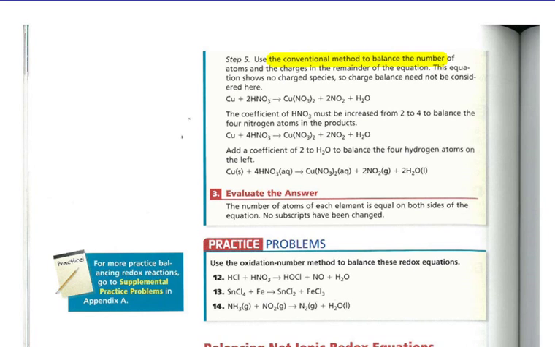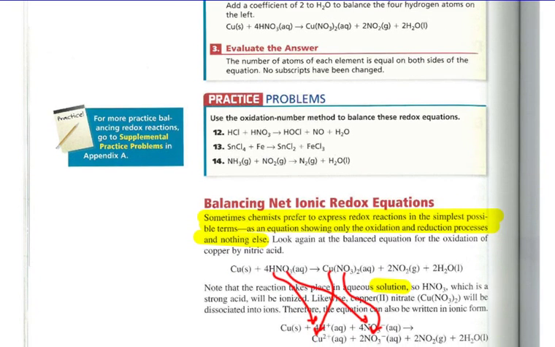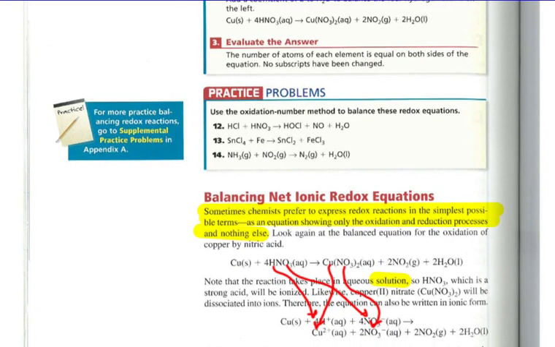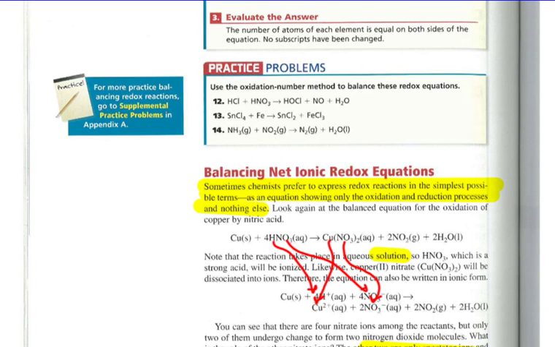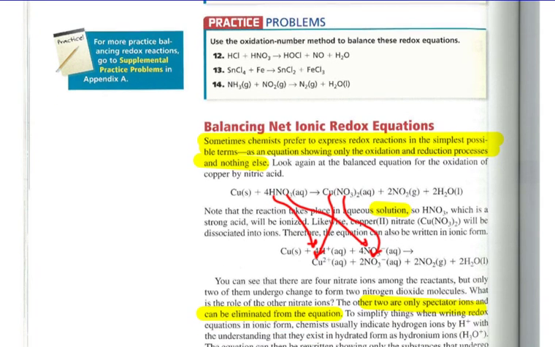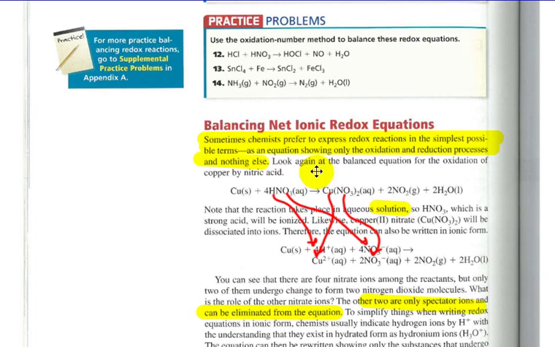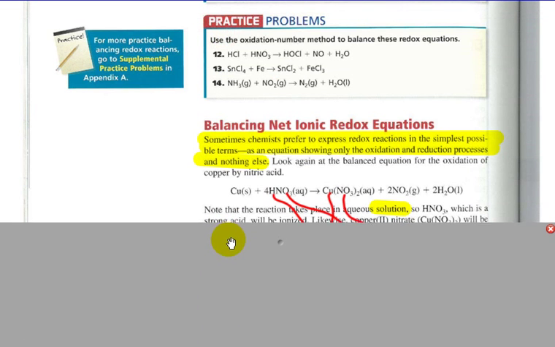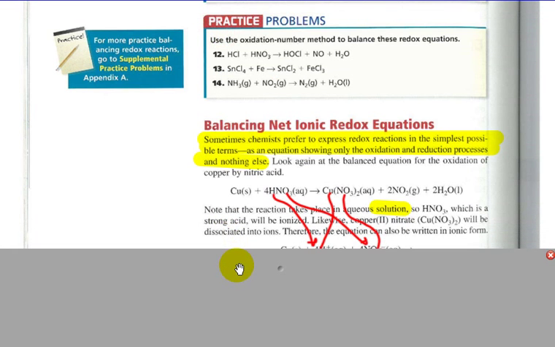Okay, if you look at the next part here, the last part, balancing net ionic redox equations. This one's a little more tricky, so we'll spend a little more time with that one. Sometimes chemists prefer to express redox reactions in simplest possible terms as an equation showing just the oxidation and reduction processes only. So if we have this equation, copper plus nitric acid yields copper nitrate, nitrogen dioxide, and water, we